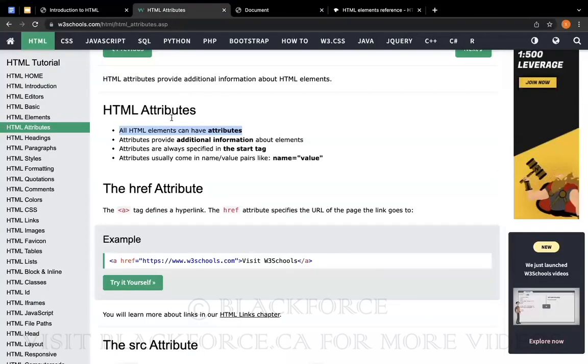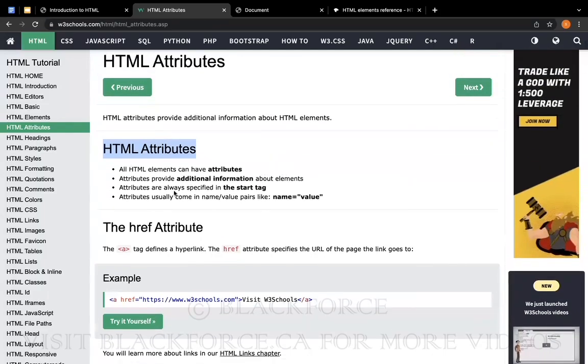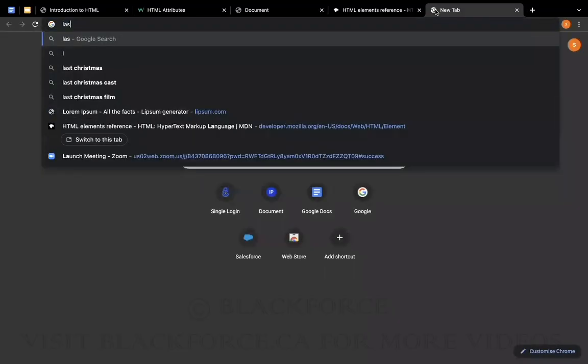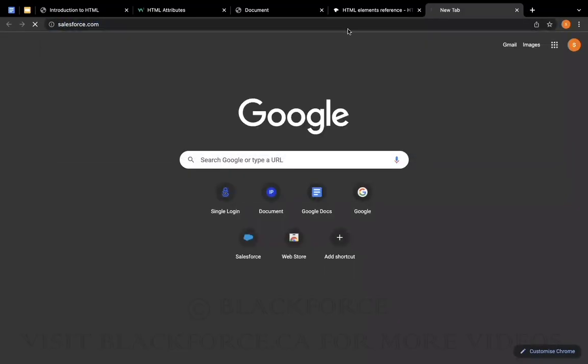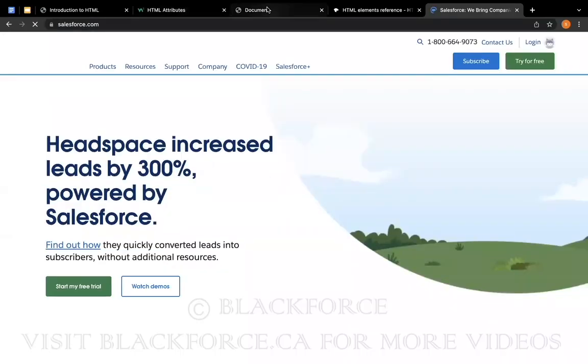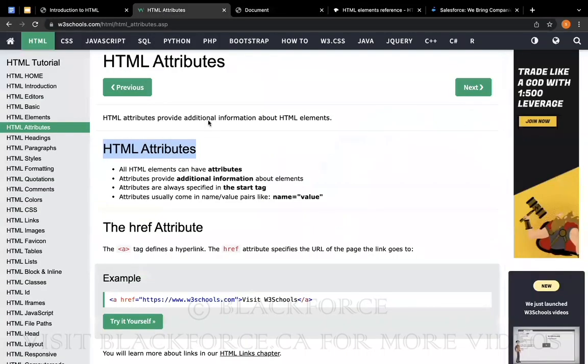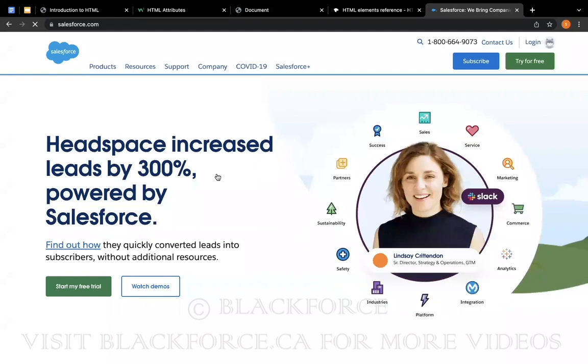Yeah, so we have what we call attributes in HTML, right? HTML attributes are super important, and they help provide additional information about our elements. Attributes are always specified in the start tag. Basically, what attributes do, in a real web page, let me go to salesforce.com. In a real web page, when it gets complex, or you're building a real-life application,